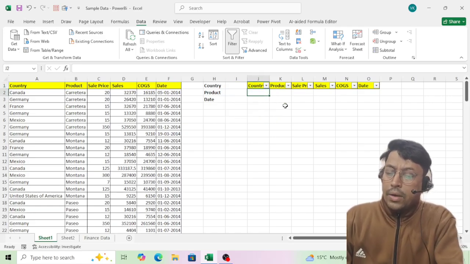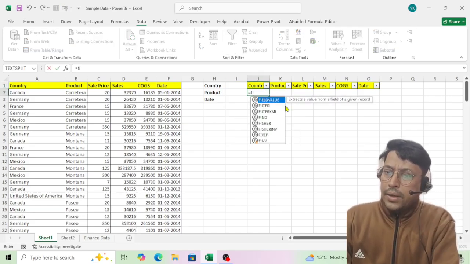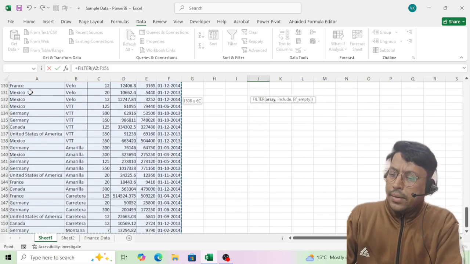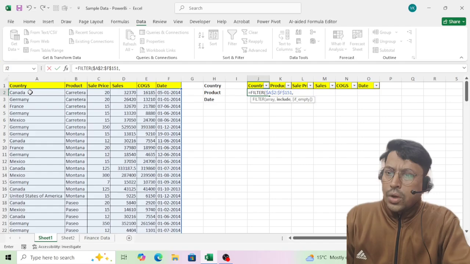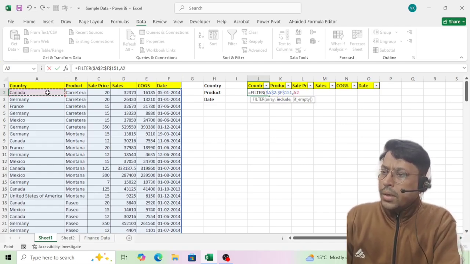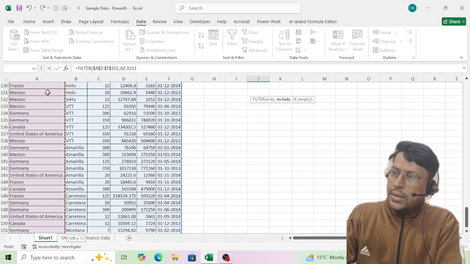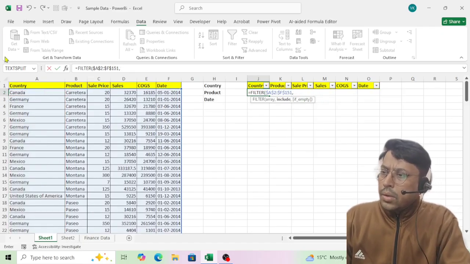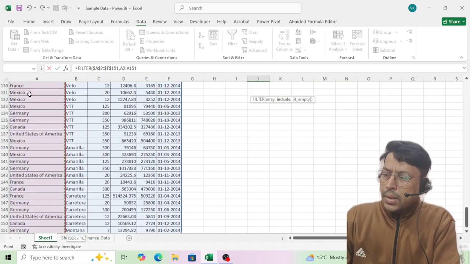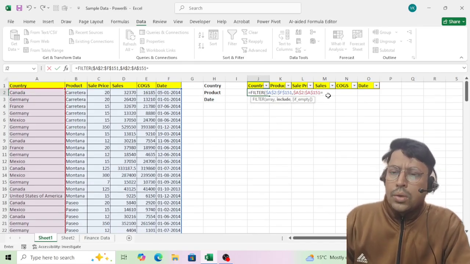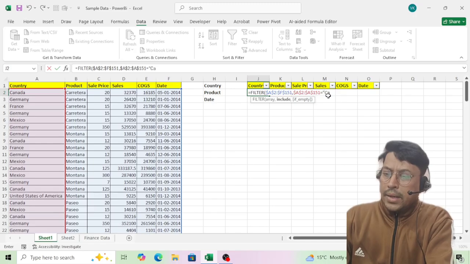Now I will again type the filter function. I will select the entire array again, lock it, put a comma, then include. I will again go to the country column, select it and lock it. Okay, let me select once again and press F4. Now equal to, and don't write any name like Canada.